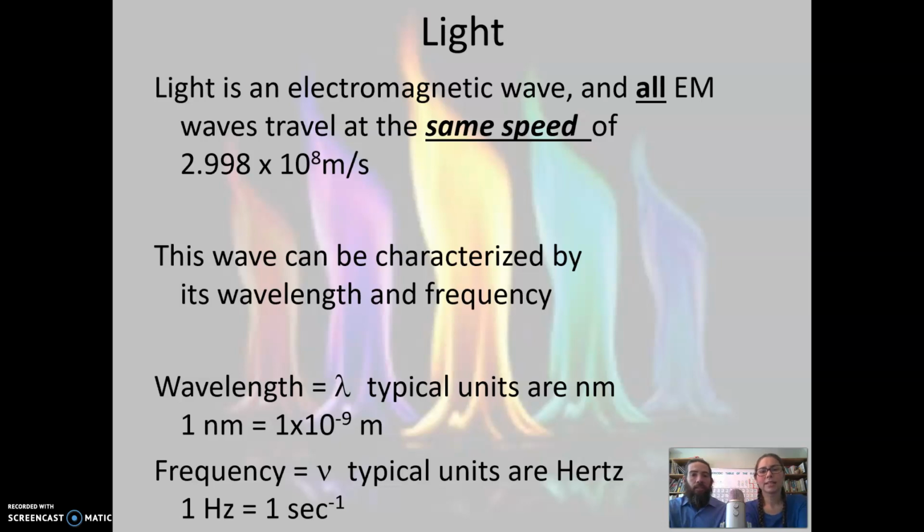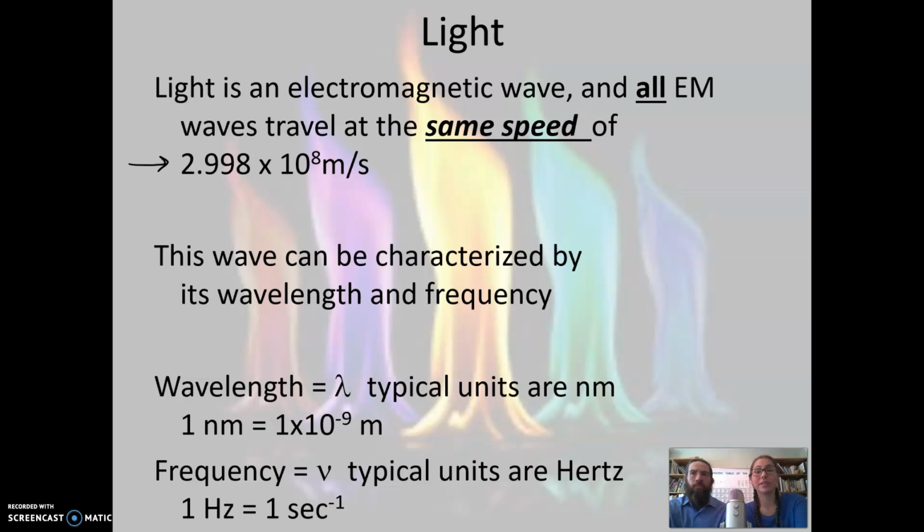So light is an electromagnetic wave, and that entire spectrum is the electromagnetic spectrum. So X-rays are light, and microwaves are light, and they all travel at the same speed, which is this 2.998 times 10 to the 8th. You probably have seen this